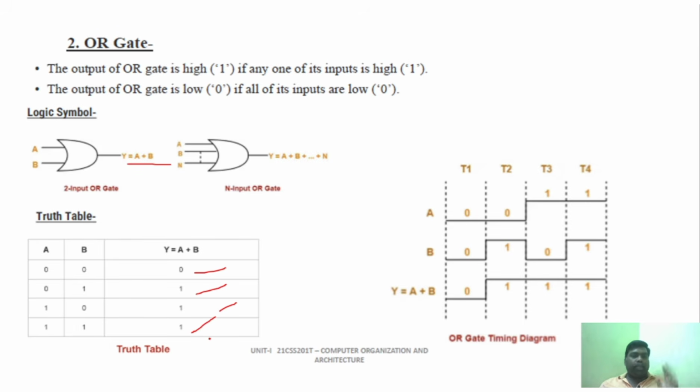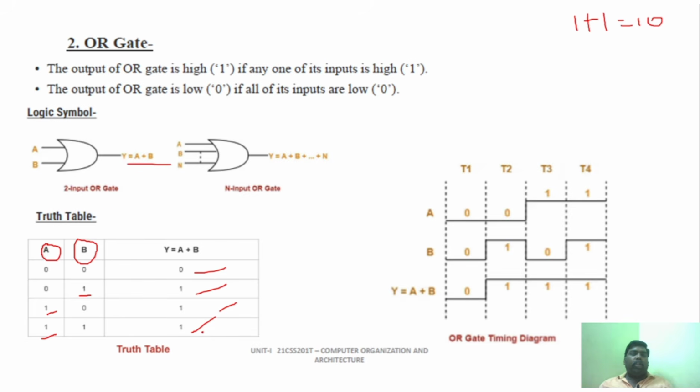1 1 is 1. You got to understand that in binary addition, you will represent 1 plus 1 is equal to 1 0. But in Boolean algebra, as well as in the OR gate, it is represented as 1 plus 1 is equal to 1. From this truth table, you can understand that A and B are the literals. Whenever even one literal is 1, that is, even if one literal, A or B, is 1,